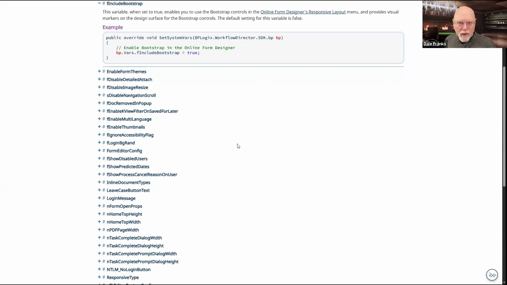We'll be happy to do that for you. I or any of the implementers can open up the VARs file and change that for you. And once you change it, the responsive layout controls will just automatically appear inside your Process Director installation.